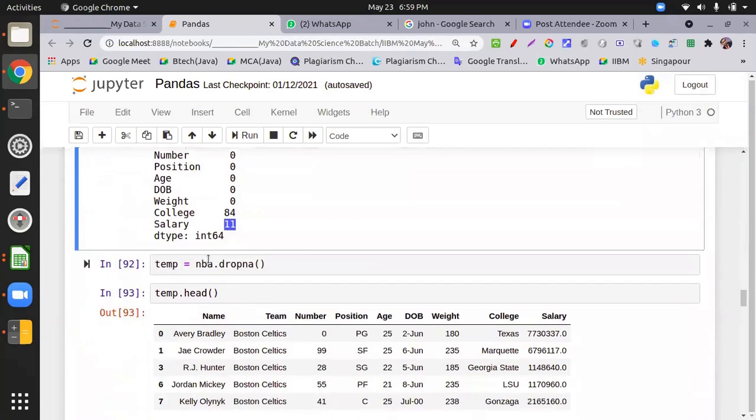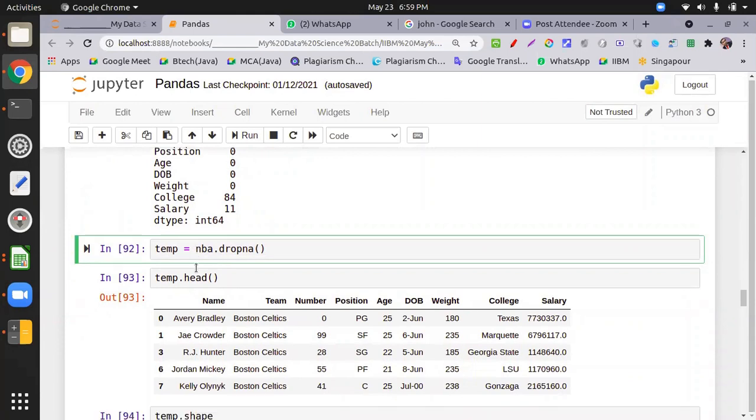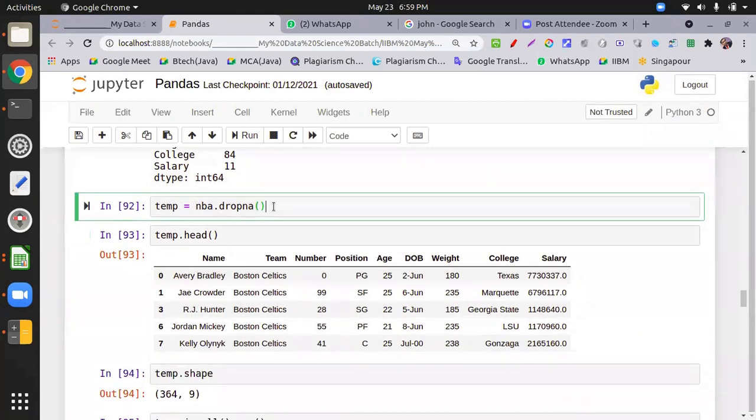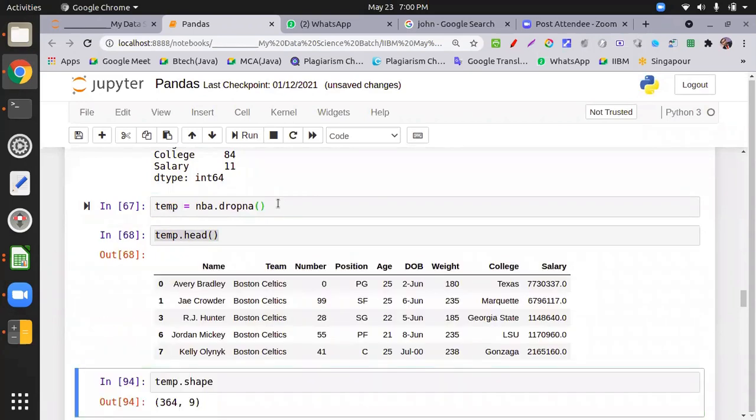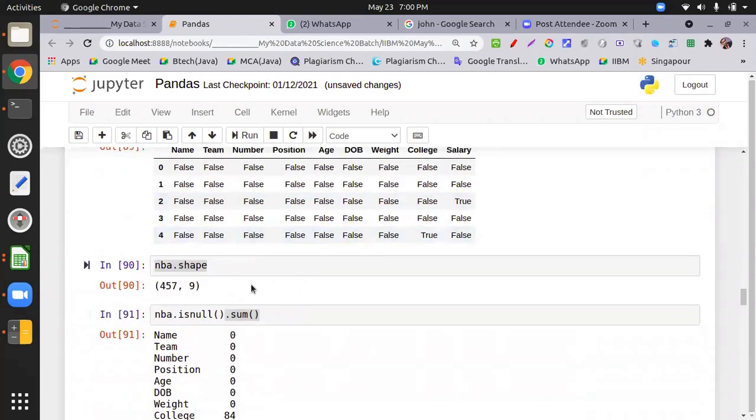Now what I do, I create one copy of a new data frame in which all null values are going to be removed. All right, check this. nba.dropna, I take temporary, and once it is removed, I check its head. So what happened?